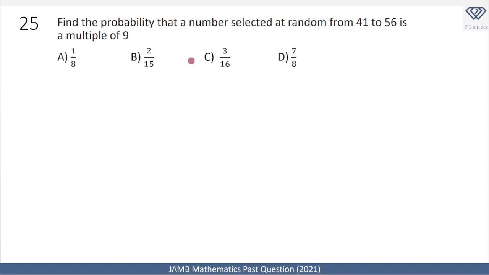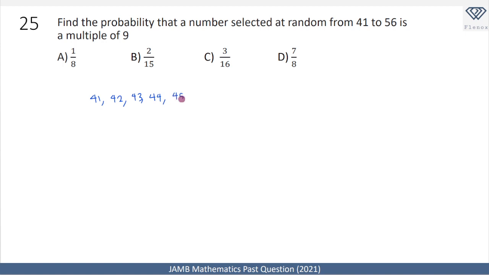Now, moving on to the next, we're told that we should find the probability that a number selected at random from 41 to 56 is a multiple of 9. Again, the best way to do this is to list out all the numbers from 41 to 56, since we can do that. So all the numbers here are 41, 42, 43, 44,